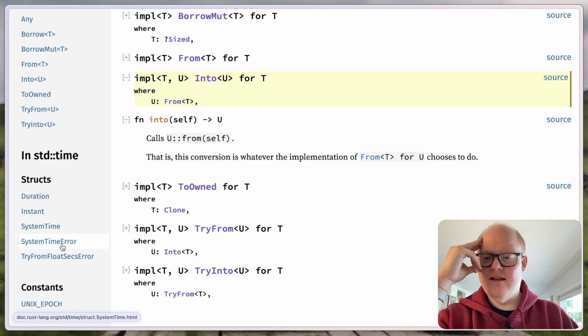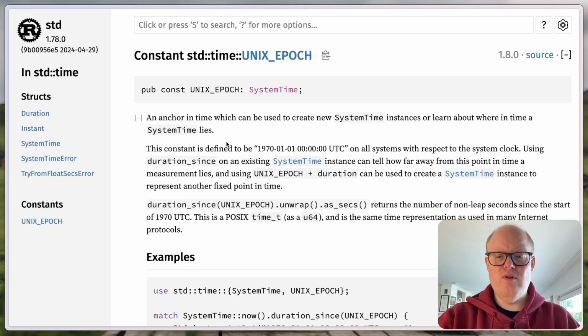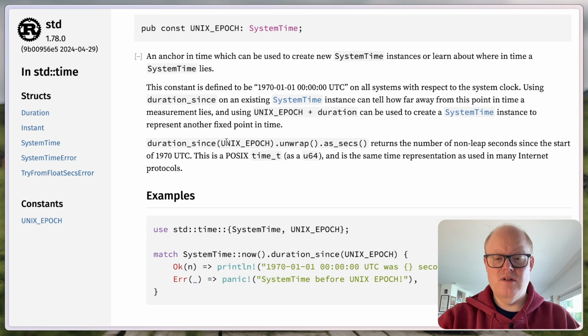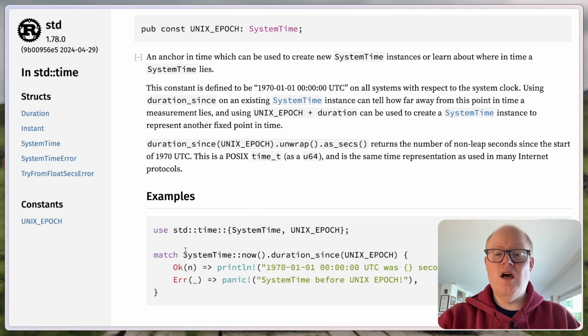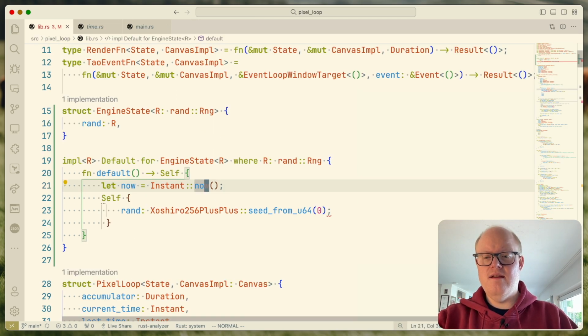In std time: constants, Unix epoch, an anchor with which to create system time instances. Wait, what? Oh, okay. Yeah, that would actually be something we could do. I guess that is something we could do then. Okay, let's do it like this. Let's get the, okay,